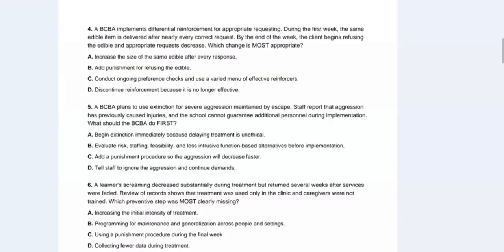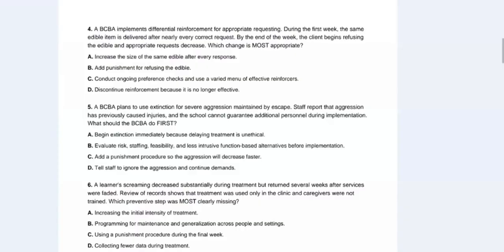Increase the size of the same edible after every response. No. Add punishment for refusing the edible. No. Conduct ongoing preference checks and use a varied menu of effective reinforcers. That would be, I think, the most logical and most appropriate. Or discontinue reinforcement because it is no longer effective.